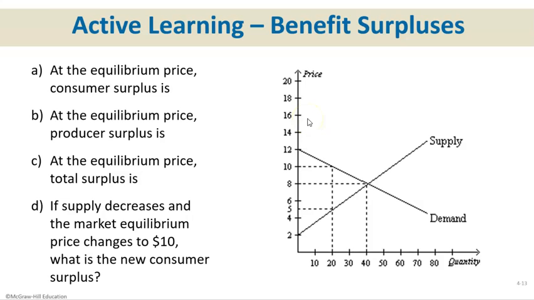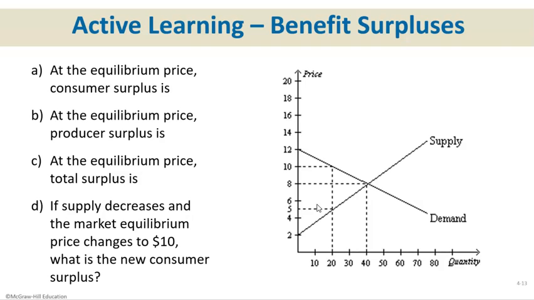Now that I've shown you how to calculate everything, here's one for you to try. At the equilibrium price, calculate the consumer surplus, the producer surplus, and the total surplus. So you're given the graph right here. You know how to find equilibrium, that's this point. That gives you an equilibrium price of 8. Now, to start this problem, the easiest thing to do is to draw a big fat line right across here at the equilibrium price. That will split your graph up into the two different triangles that you need to calculate